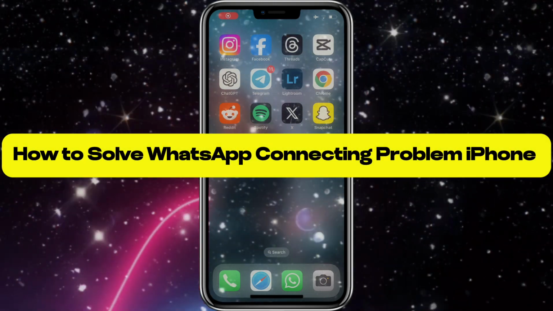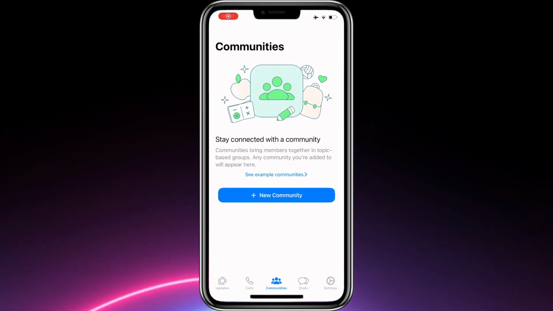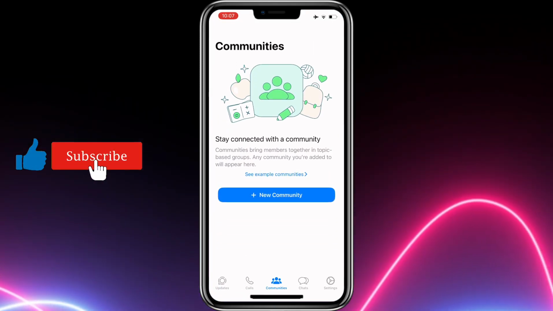Let's go ahead and fix WhatsApp connecting problem on your iPhone. Welcome everyone. If there is a problem with your WhatsApp app and it is not working properly, let's solve the